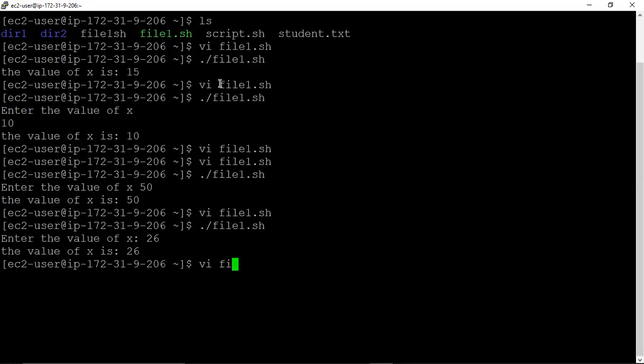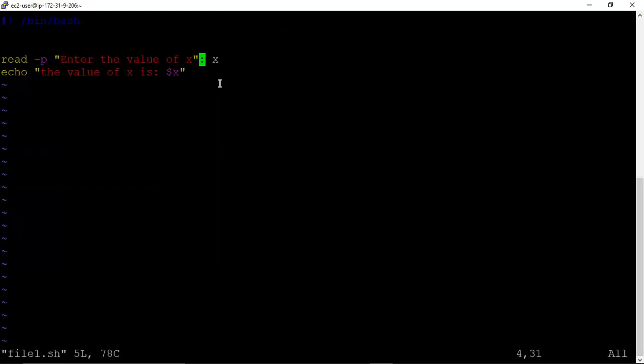We vi edit the file. Fine, it is taking, that means you can write a colon outside the double quote also. And whatever you have in white letters, that will be your variable. So here x is the variable.